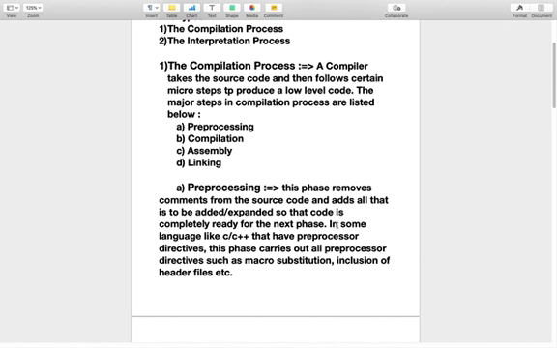These comments are unnecessary for the compilation process, so they are removed. In languages like C and C++ that have preprocessor directives, this phase carries out all the preprocessor directives such as macro substitution, inclusion of header files, etc.